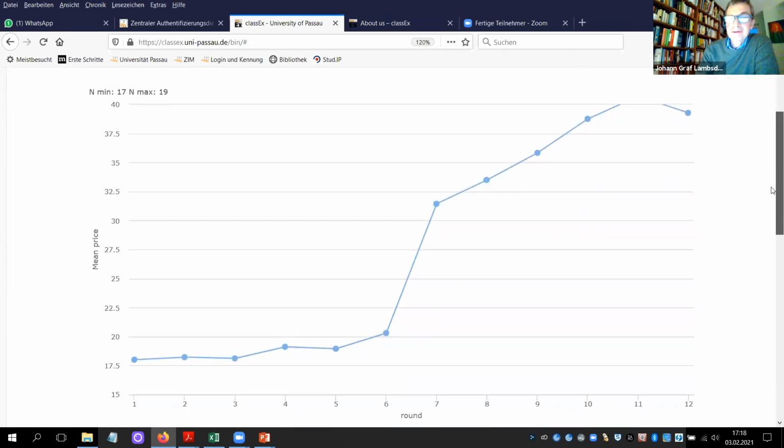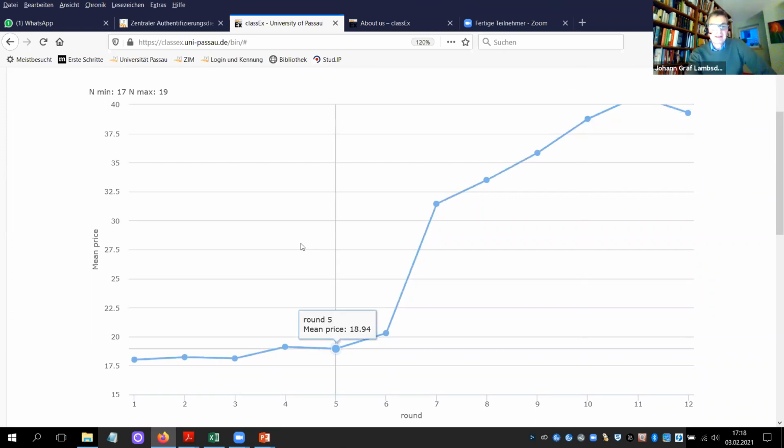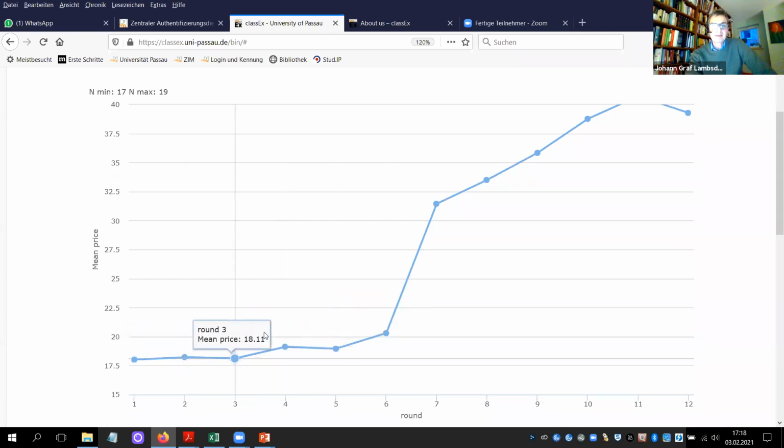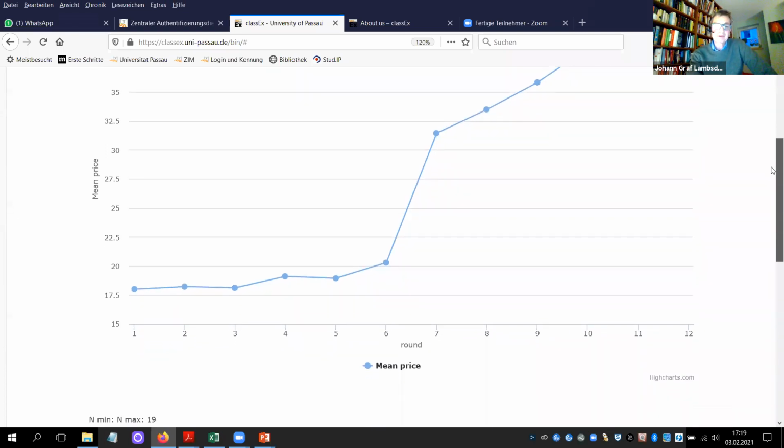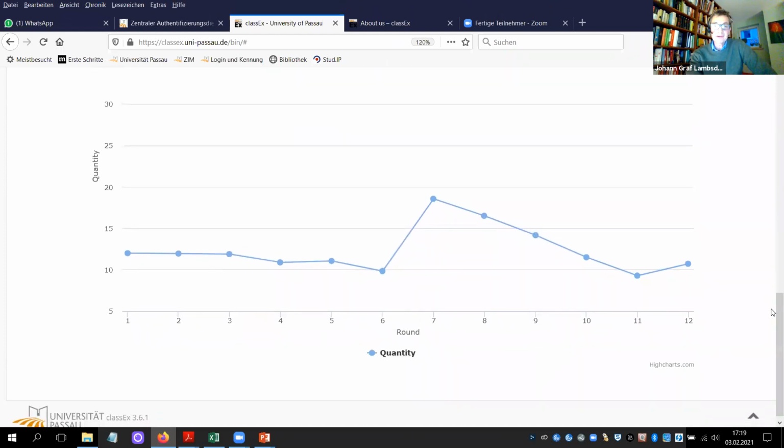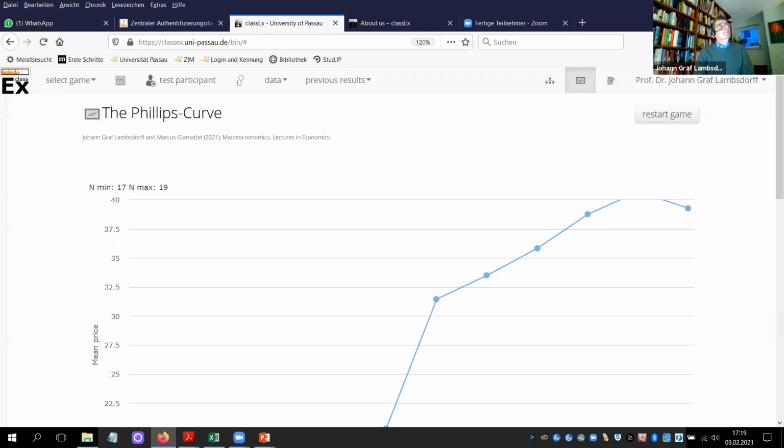So at first, what you see here is the price, and you see, well, you were barely below 20, and then over time you approach the 40. And what does that imply for the quantity? Well, the quantity was close to around 10, and then it jumped up to close to 20 to then go back to 10. Now, when you think about this for a while, you will find there is some beauty